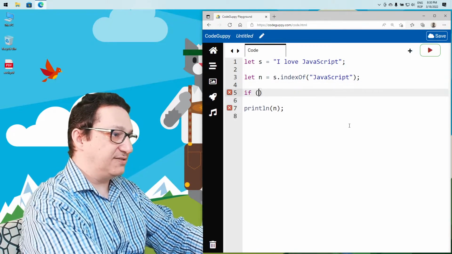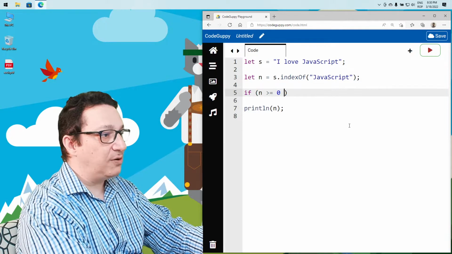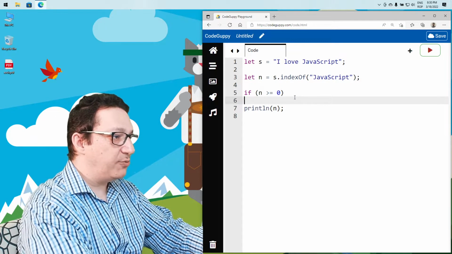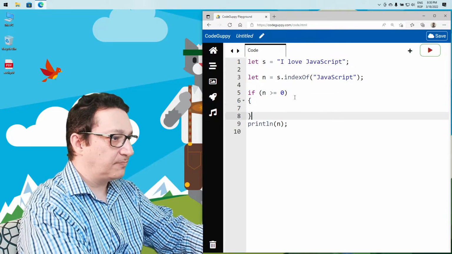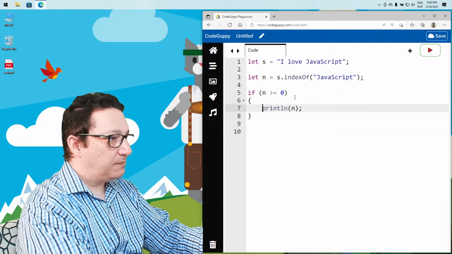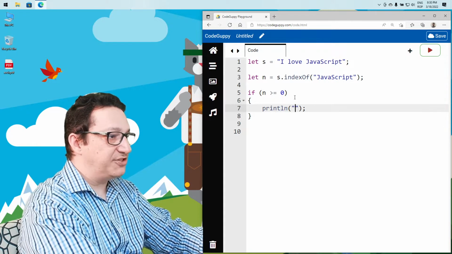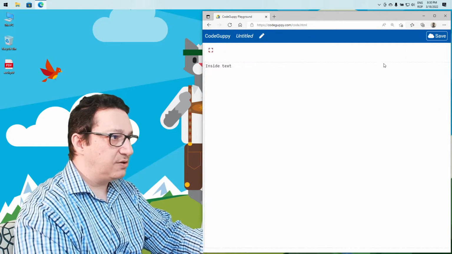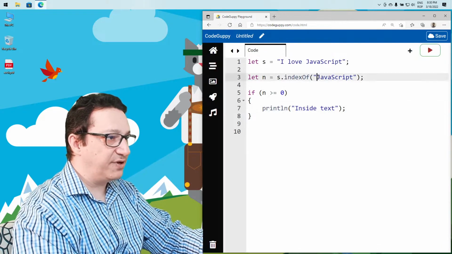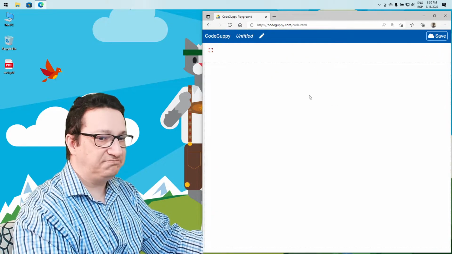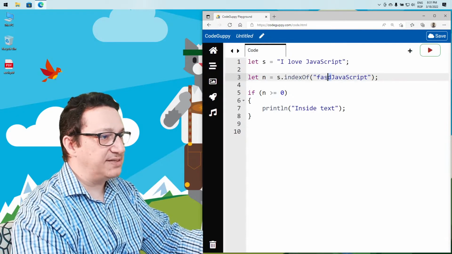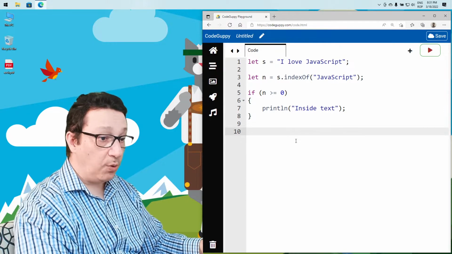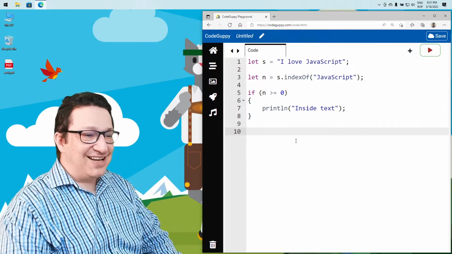If n is greater or equal than 0, 0 being when JavaScript starts at first position, then we can just print basically the message inside text, right? So we see this is inside text. If we have another word there, this is not inside text. And we can basically take another decision based on that kind of condition. All right. So let's now,